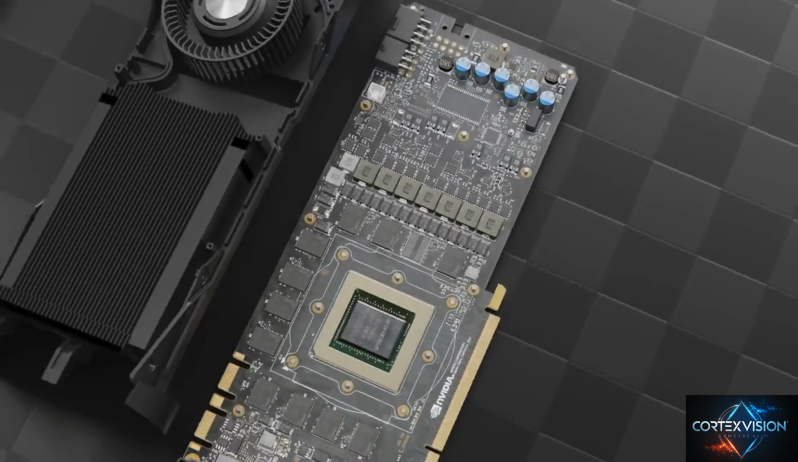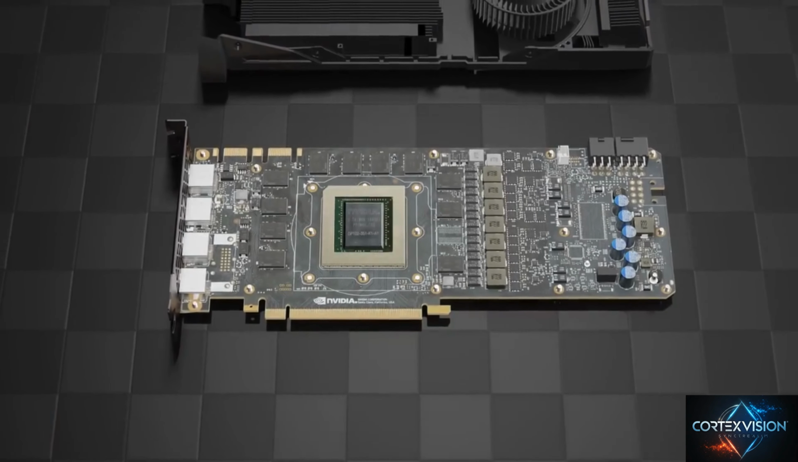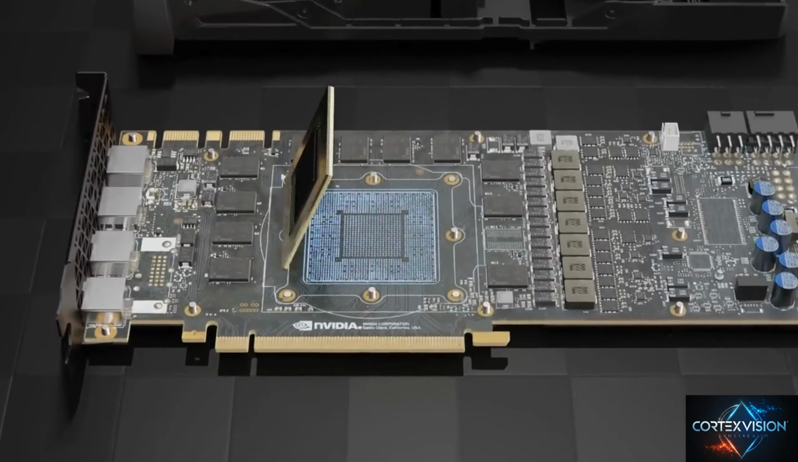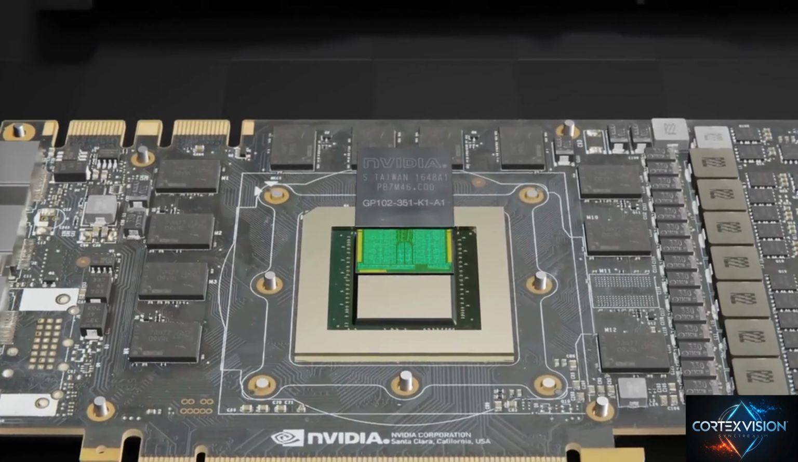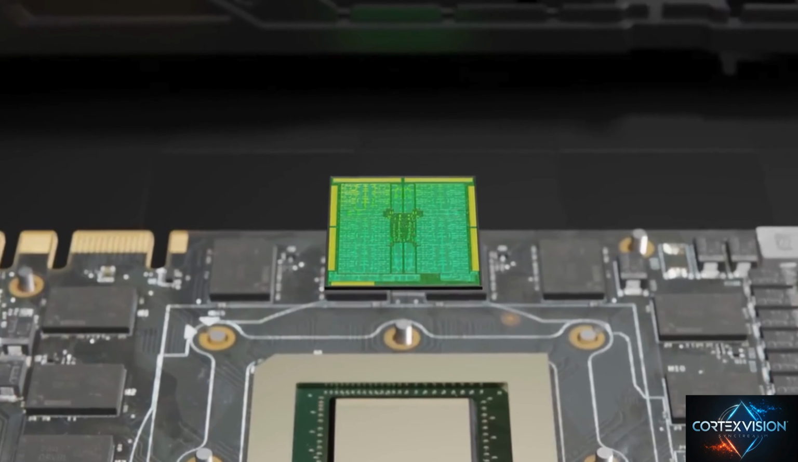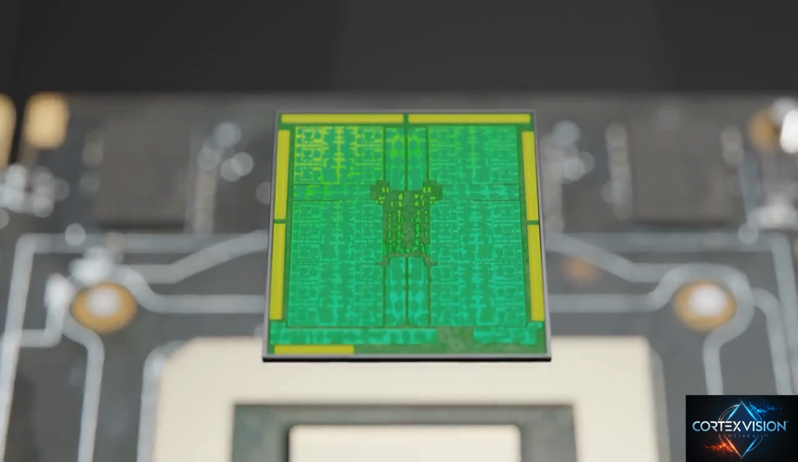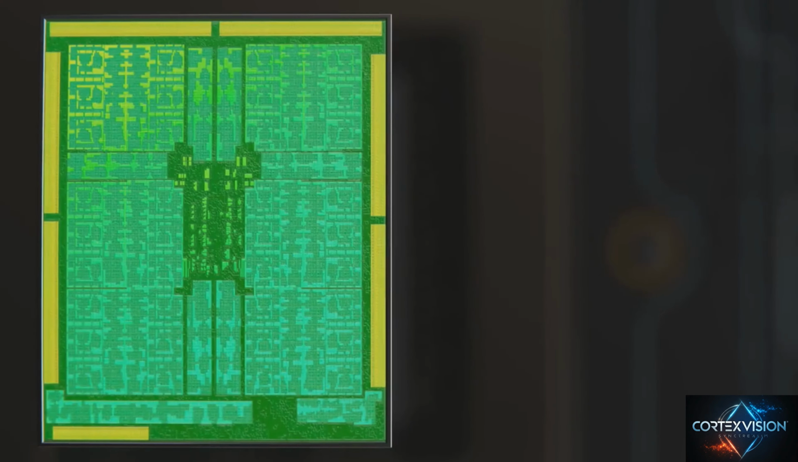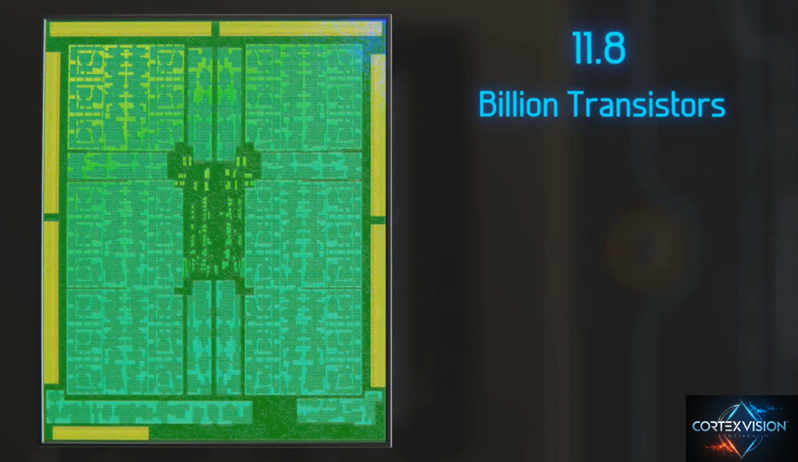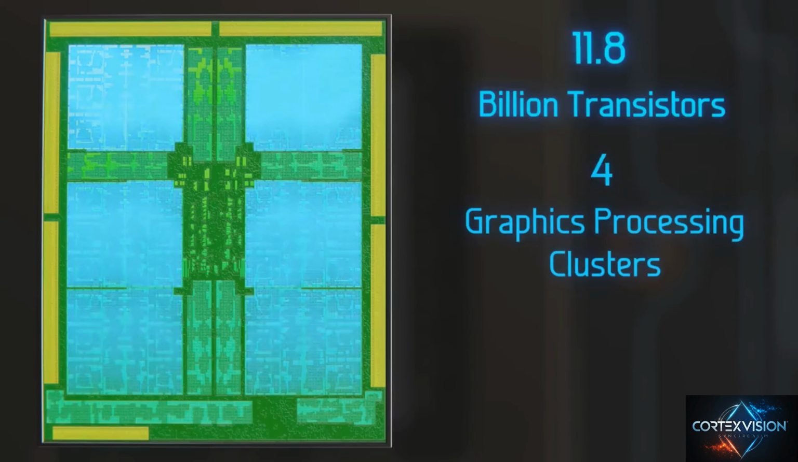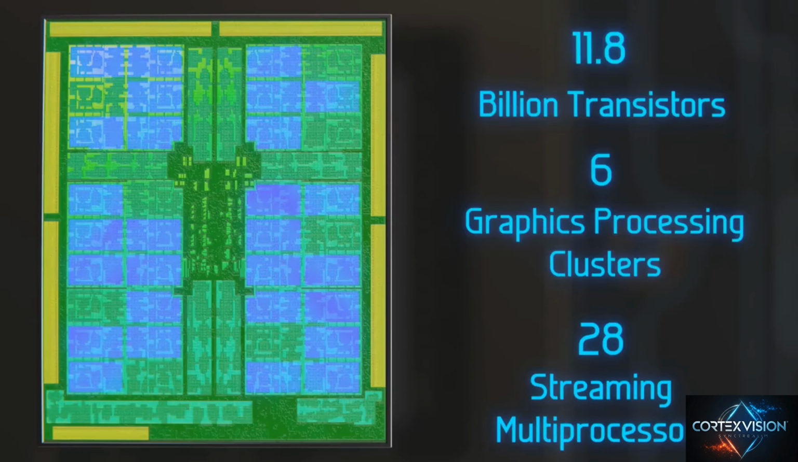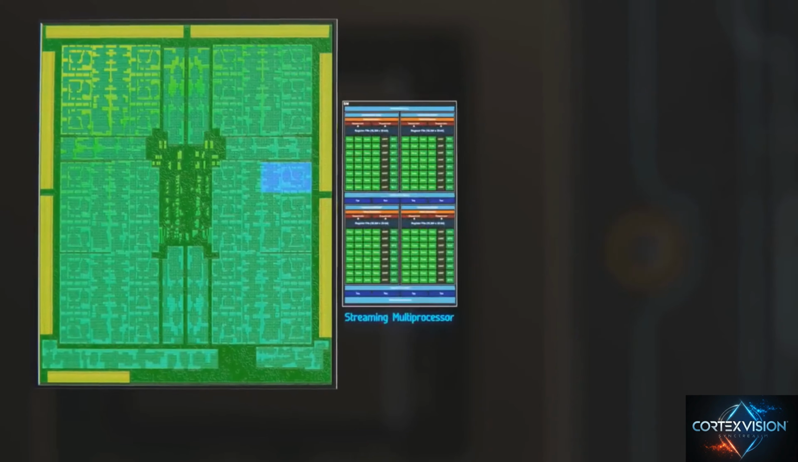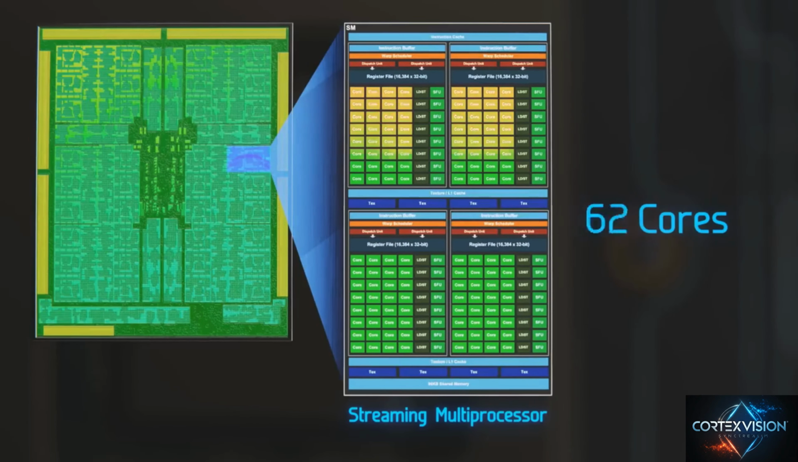Let's focus on the GPU integrated circuit, which, similar to the CPU, has more than 1,000 solder pads that connected to the PCB. Opening the packaging, we find the GPU die, which is noticeably different from the CPU. In here are approximately 11.8 billion transistors organized into 6 graphics processing clusters, totaling 28 streaming multiprocessors. Each streaming multiprocessor is composed of 128 cores, resulting in a total of